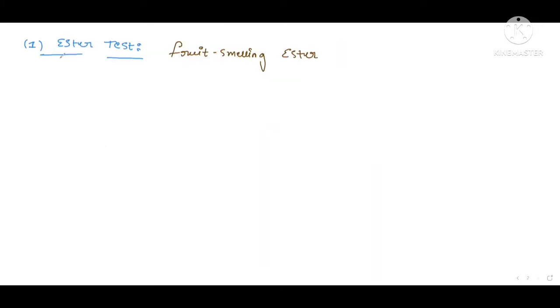Now let us discuss the first test, that is the ester test. When alcohols react with carboxylic acid, a fruit-smelling ester is given. This clearly confirms that the given compound contains alcohol. Now let us see its reaction. When alcohol, that means methanol, CH3OH, is reacted with ethanoic acid in the presence of H+, that means concentrated H2SO4, which acts as a catalyst,